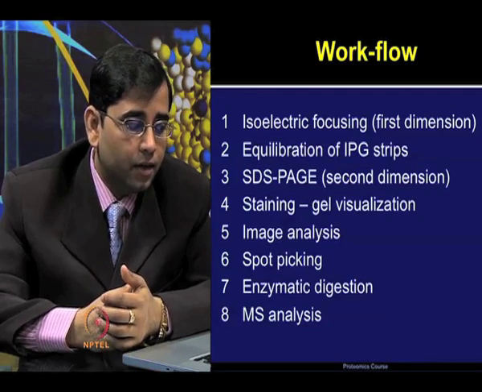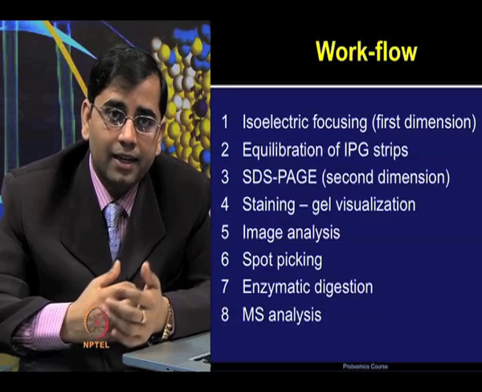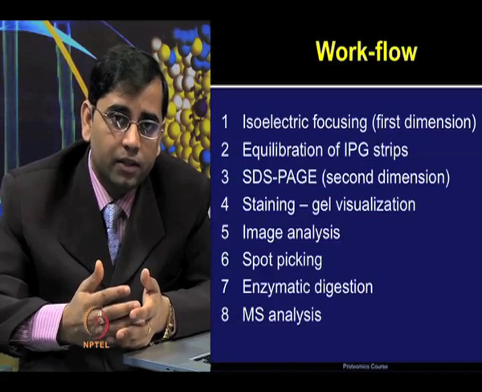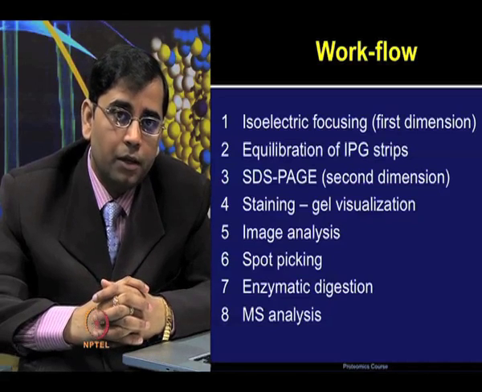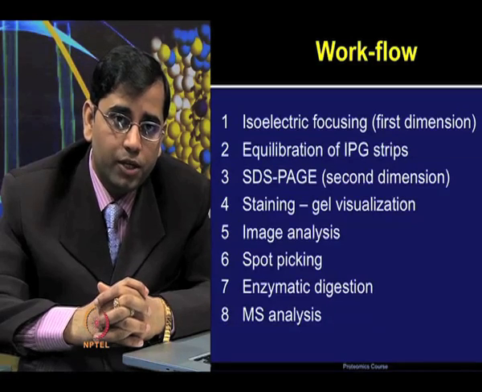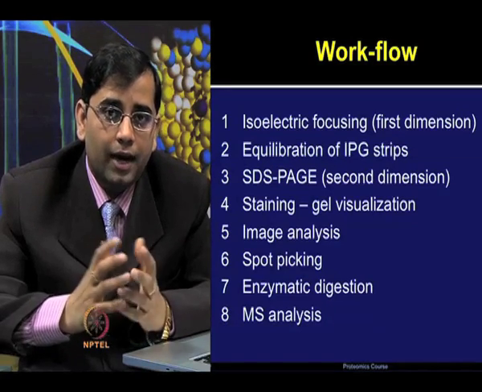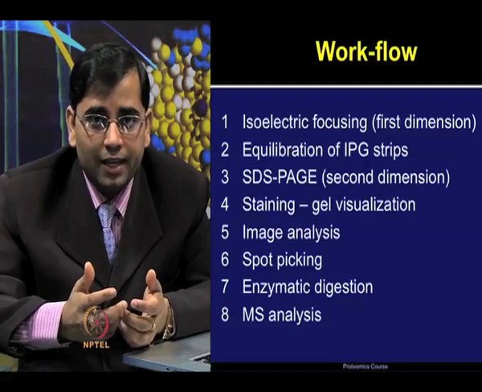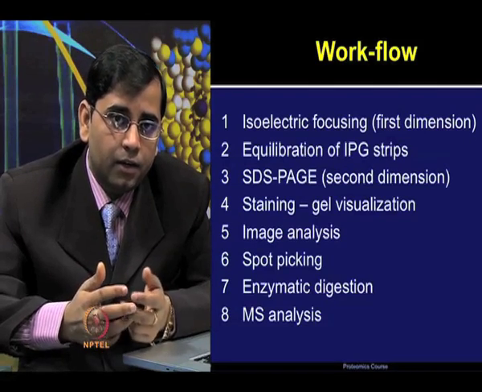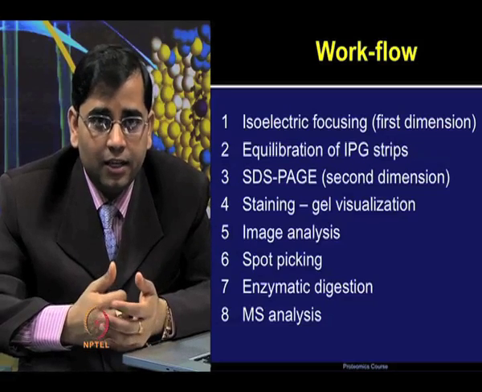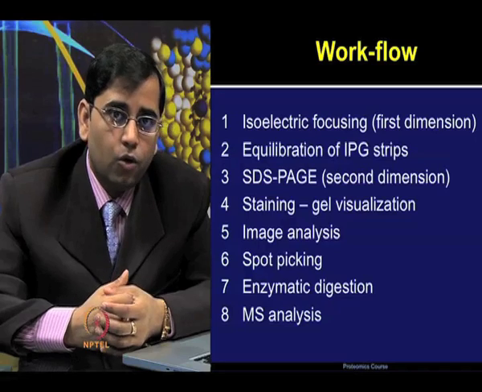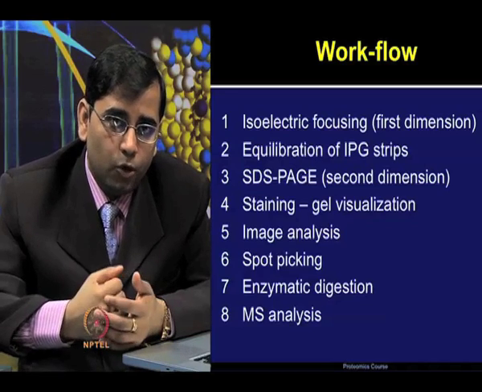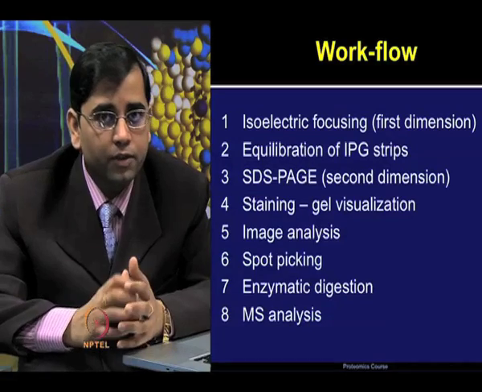The third point. Now, fourth in the workflow is staining the gels and visualizing the gel images after staining with different types of stains. Image analysis, the fifth point, is very crucial because you need to analyze all the protein spots so that the abundance of each of these proteins can be calculated and more detailed statistical analysis can be performed. Once you are confident that these are the proteins which are highly significant, then you would like to pick those spots by a process mentioned in the 6th point, which is spot picking.